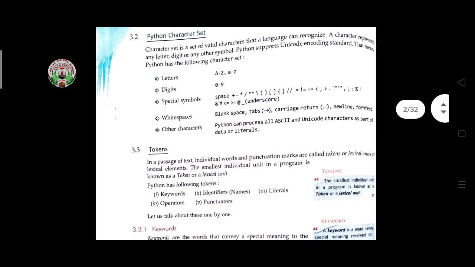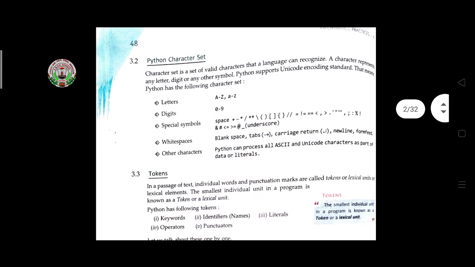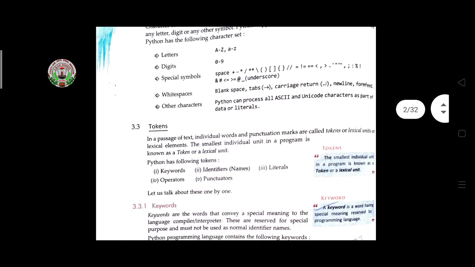So letters, that is, you are typing a letter from the alphabet. Then digits, which you also give while writing the program. Then special symbols that you use, like underscore, curly bracket, angular bracket. Then white space means you are pressing the keys for new line, blank space, and tab. These are the white spaces. And then ASCII values and Unicode characters that are data or literals. We use these in the character set to write the different variables and strings.